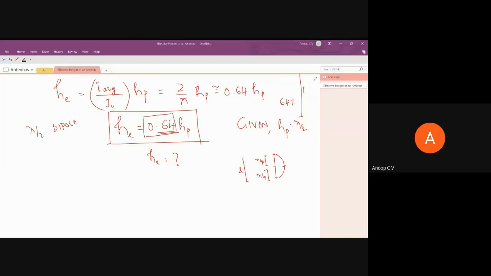Right. So I'm sure you have some doubt about the current distribution, but that we will clear in the next module. But apart from that, the procedure what I have done: did you understand how average current is calculated, divided with I naught and multiplied with HP, and we got this? Please do respond.